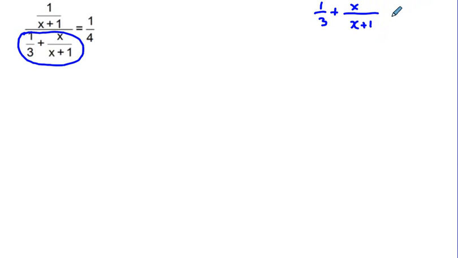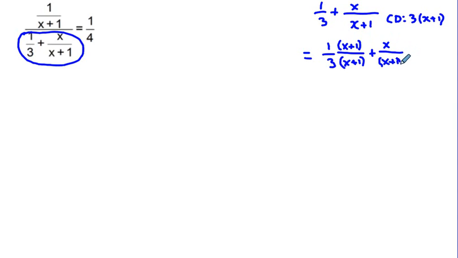And for this, we're going to have a common denominator of the two denominators multiplied together, which is going to be 3 times quantity x plus 1. And now what I'm going to do is rewrite this fraction. So we write 1/3, and what do we have to do to get this as the common denominator? We have to multiply this by x plus 1 in the denominator, and having done that, we have to likewise multiply by x plus 1 in the numerator. And we have plus x over x plus 1,